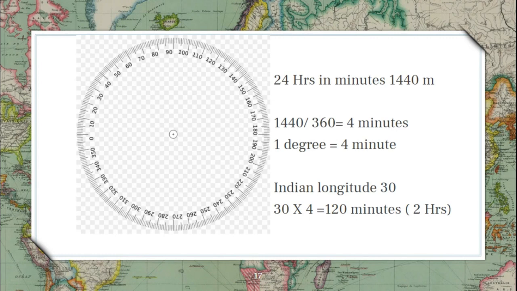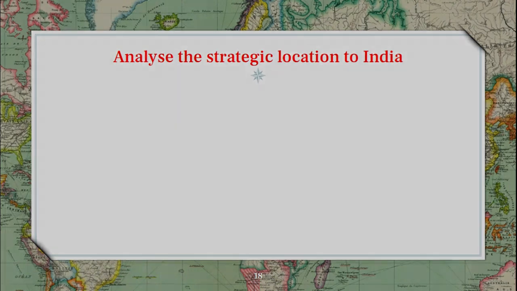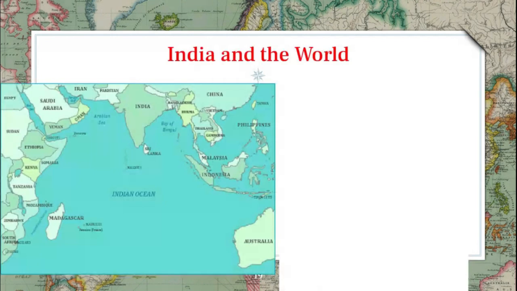As we know, India has a very important strategic position in the world. One of the very famous oceans is the Indian Ocean. This Indian Ocean name got from the name of India. Why is this ocean called the Indian Ocean? The reason is that no other country shares as long a coastline with this ocean as India. So that is the reason. So why is this Indian Ocean very important?